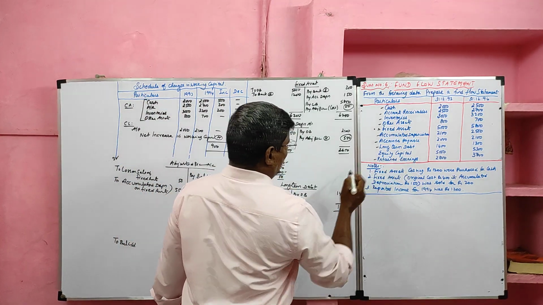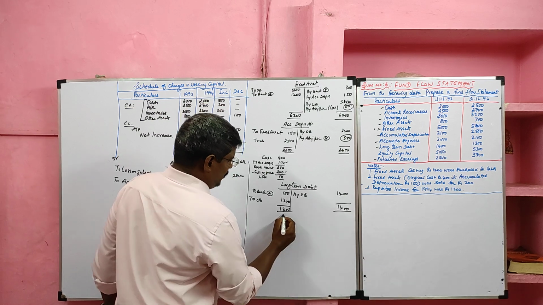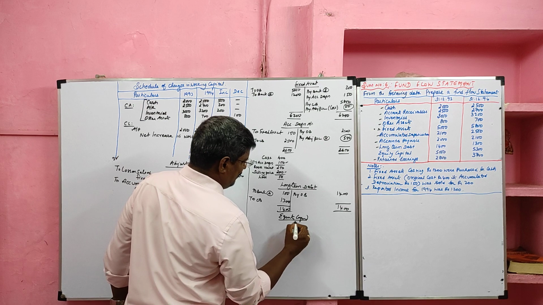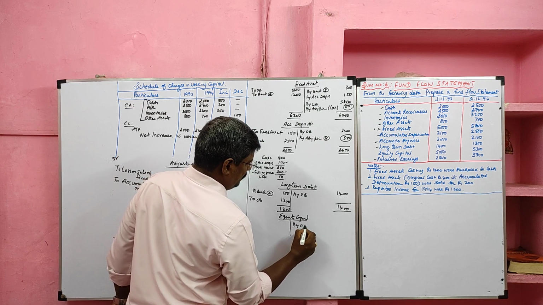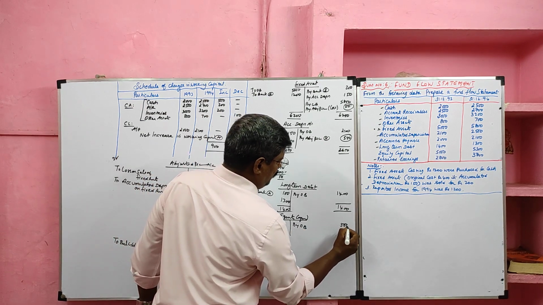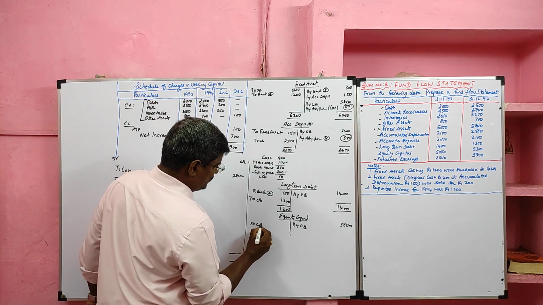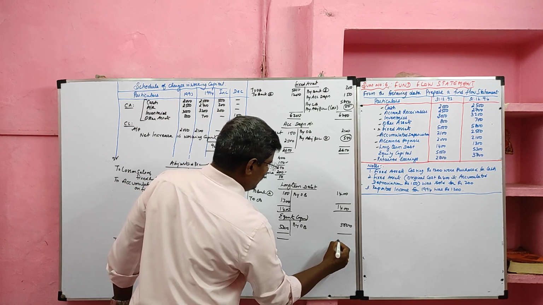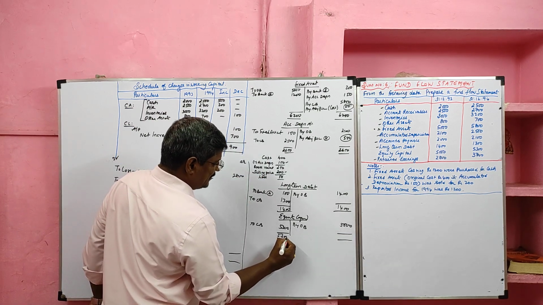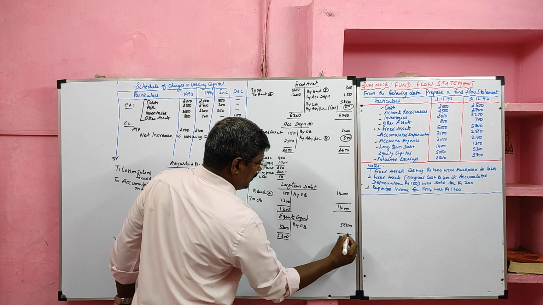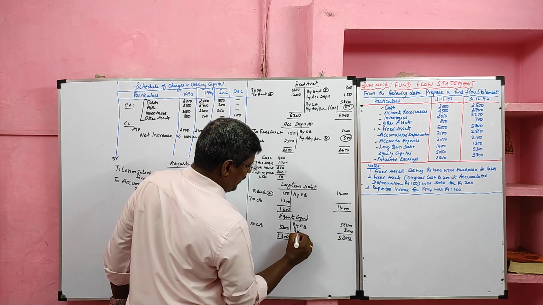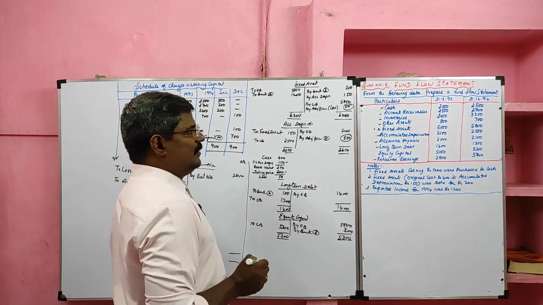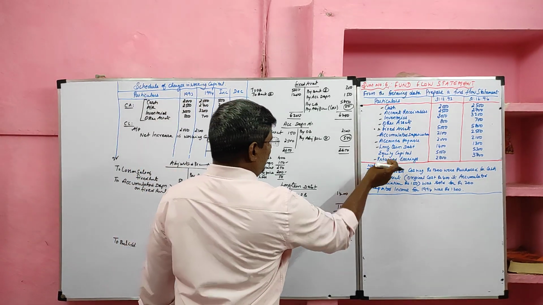Then share capital. For share capital we have to prepare ledger account. Equity capital. Since it is a liability, opening balance credited 5000. Closing balance credited 5300. Share capital value increases, which results in an increase in sources by bank. It will go to the source because it is proceeds on issue of equity share. Then retained earning already we considered.